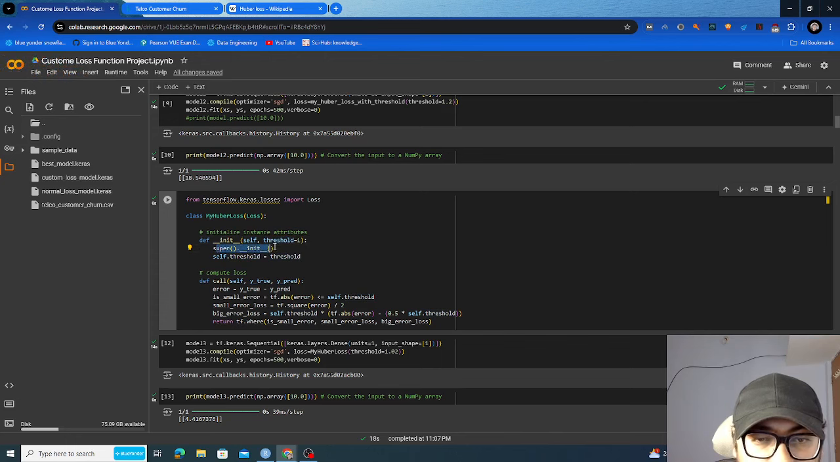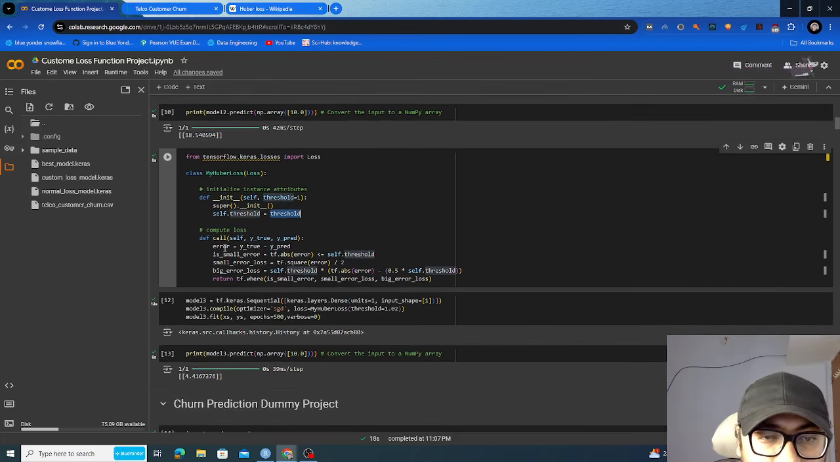This super will give us the benefit to call any method that's already available in loss, and we can modify it accordingly. Once calling this, we initialize this threshold value. So we set the threshold that the user will pass, or whatever default value it has, as this threshold, and then in the call function